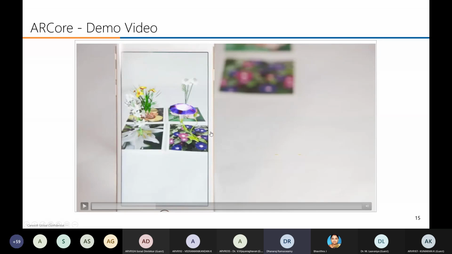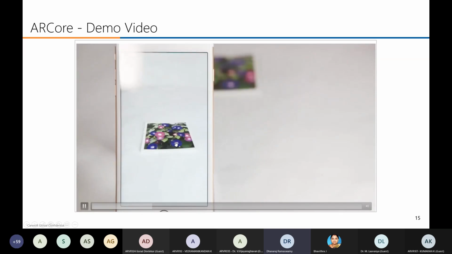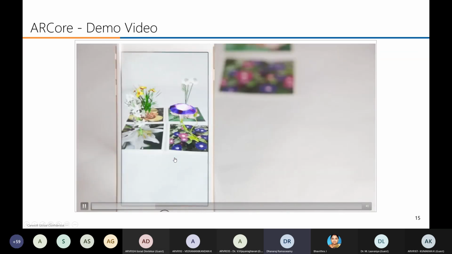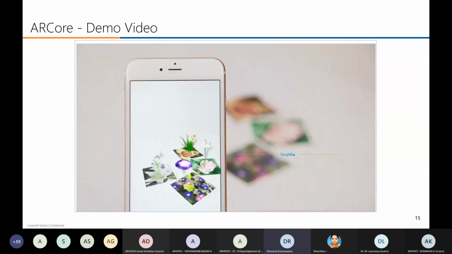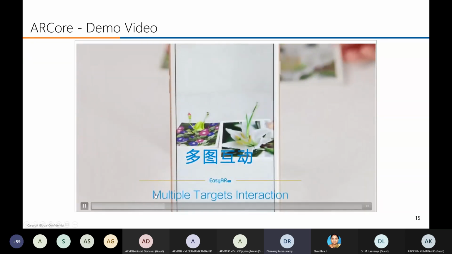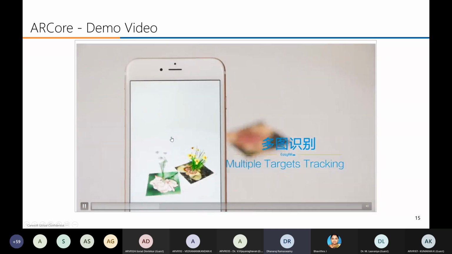See, in this example, you can see the multiple images. It's scanning the multiple images and placing a 3D model. See, the multiple image it supports. It's not a single image, it's multiple images. Whenever the guy is placing the image one by one, it's reading the multiple images and loading the 3D object.